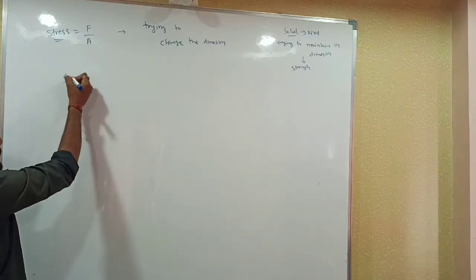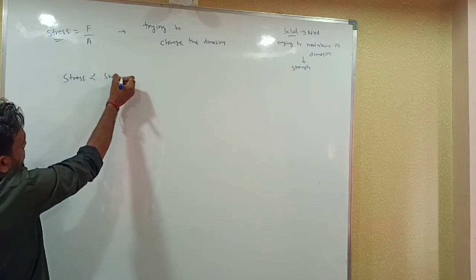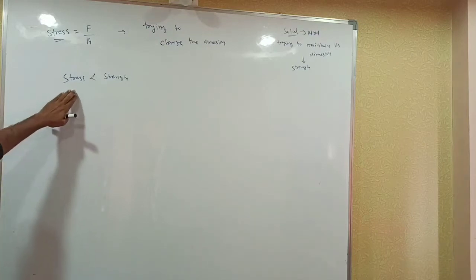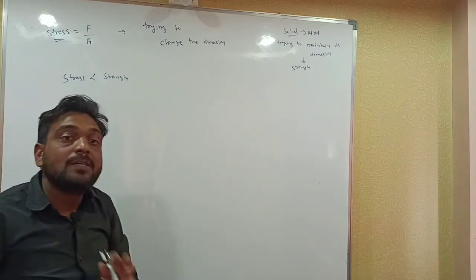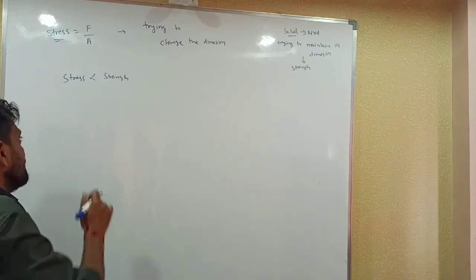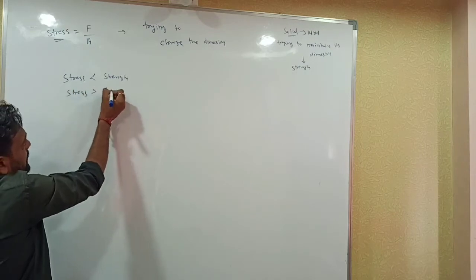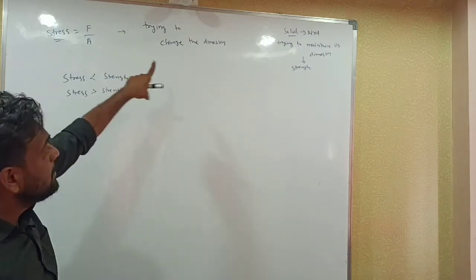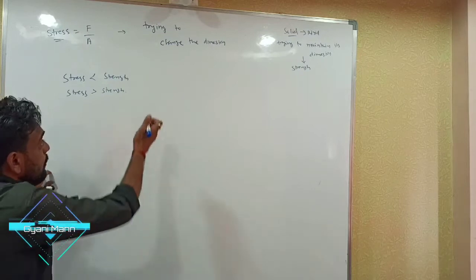If the applied stress is less than the strength, then the dimension of the material will not change. But if stress is greater than strength, then the dimension of the material is changed, and the ratio of